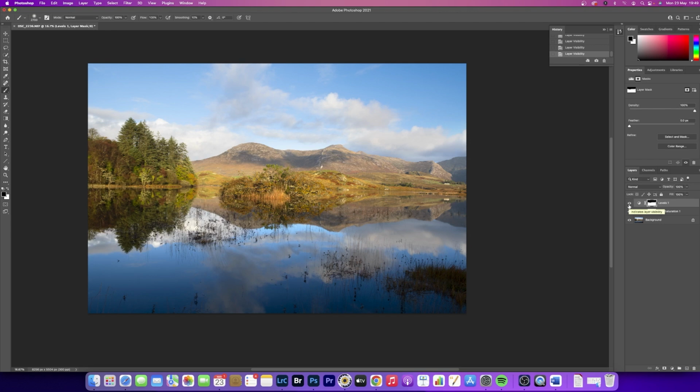So let's take that a step further. Let's go back a few steps again. Now we have a white mask. If we invert it and hit Command I, we have a black mask. So now it's hiding the levels adjustment from the picture. But if I wanted to lighten the foreground now, essentially add that levels adjustment back in,